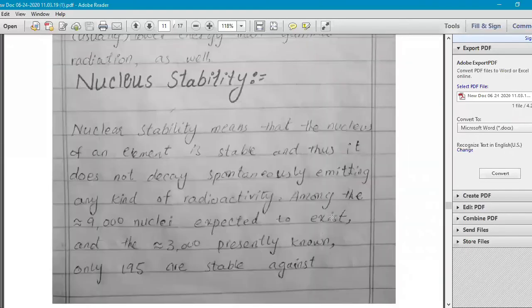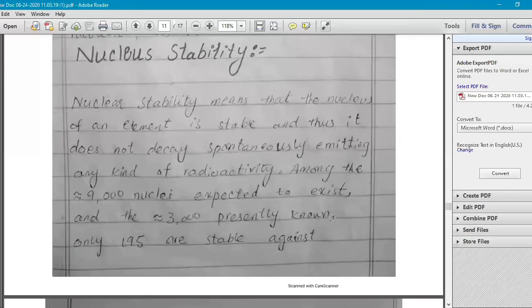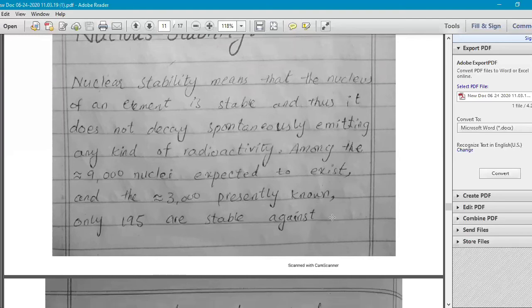Now we have nuclear stability. Nuclear stability means that the nucleus of an element is stable and thus does not decay spontaneously, emitting any kind of radioactivity. Among the 900 nuclei,